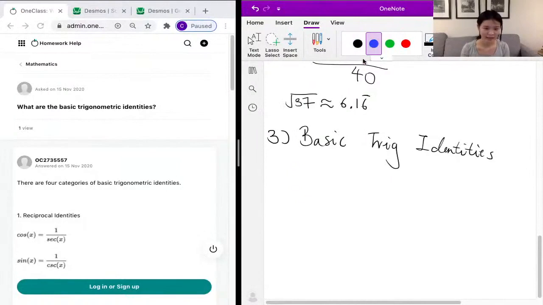So it's actually quite a broad question, but I think the most basic trig identities are